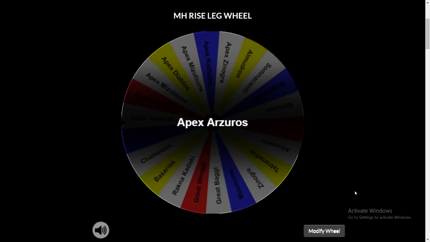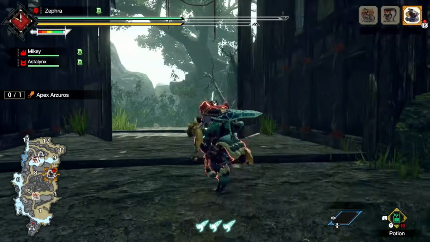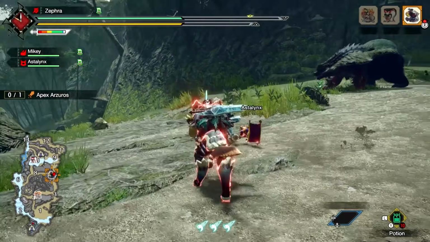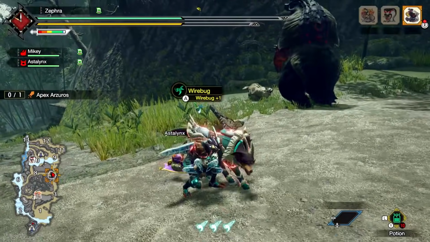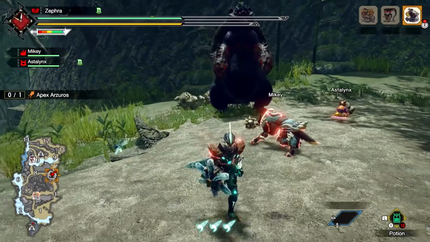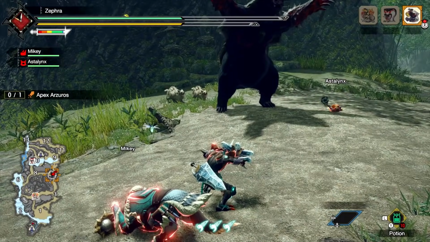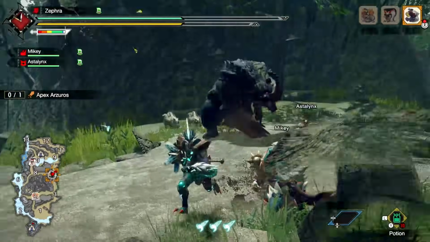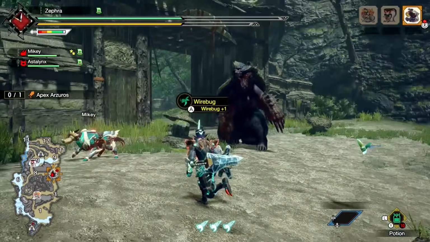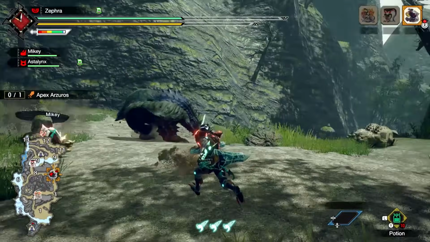Apex Arzuros. This is a weird one because Arzuros is both quadruped and bipedal, so that's gonna be kind of weird. All right, Apex Arzuros is just around the corner here. Yep, there he is. Now, I really don't know how to count this because those bottom legs are so easy to touch, and I really don't know whether to count those forearms as legs because he clearly uses them as arms. So,